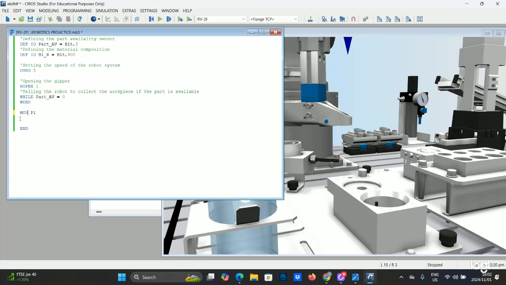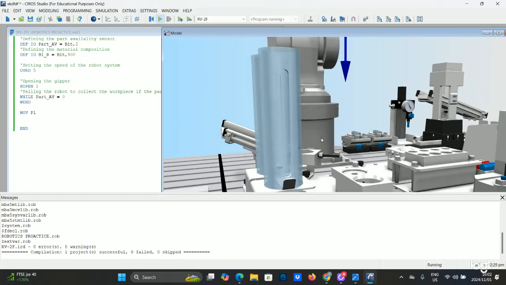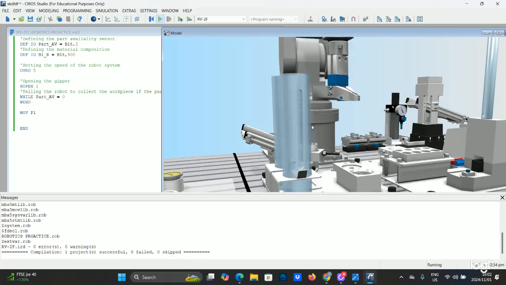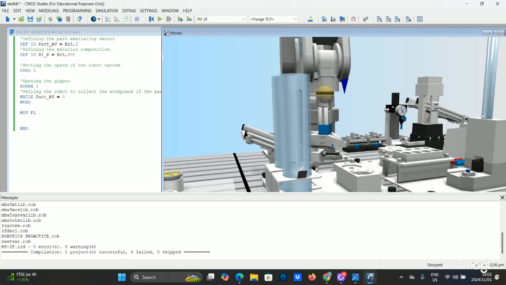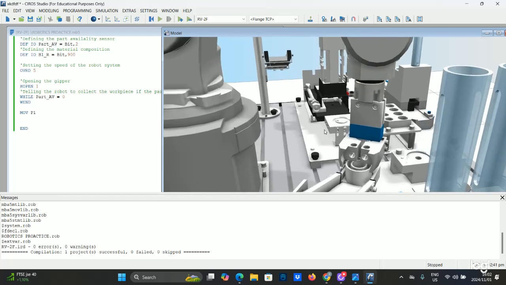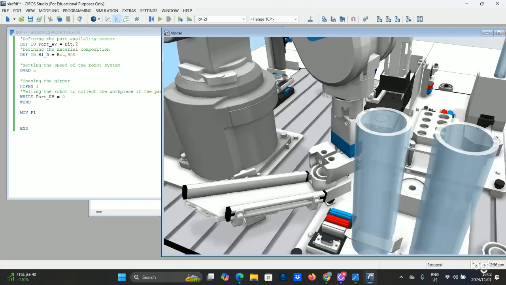But if I say MOV to P1, and then I compile, and now I reset, play, and then insert the workpiece, as you can see, it's moving straight to P1. So if there are no obstructions along the way, you can use MOV. But as we move closer to this side, you'll see the need